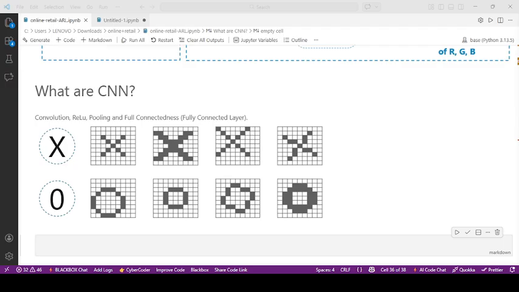So we have multiple renditions of X and O here, and this makes it tricky for the computer to recognize. What is this actually? Is it a particular symbol, or a particular alphabet, or just a drawing? Likewise the computer might get confused. It might be tricky for the computer to recognize what this actually is. But the goal is that if the input signal looks like the previous images it has seen before,